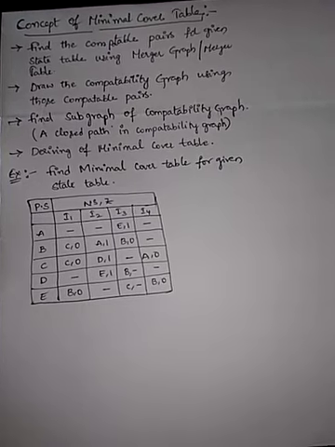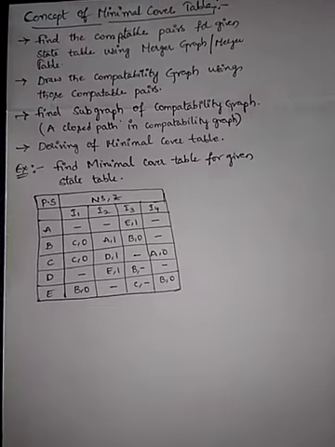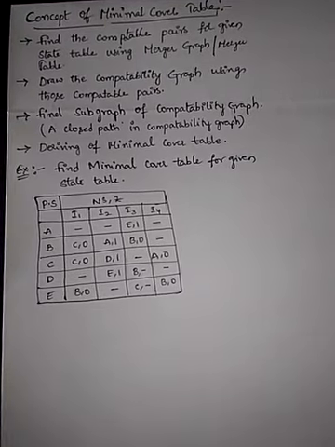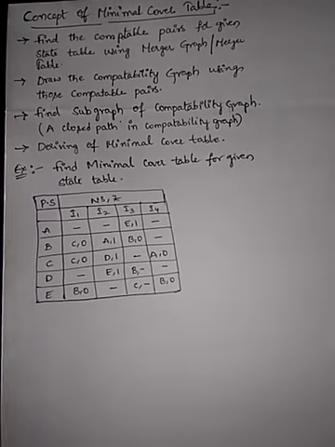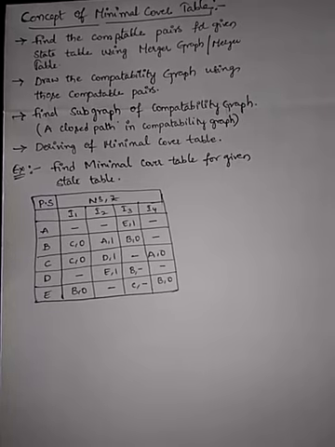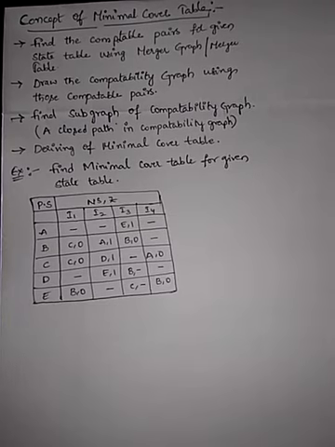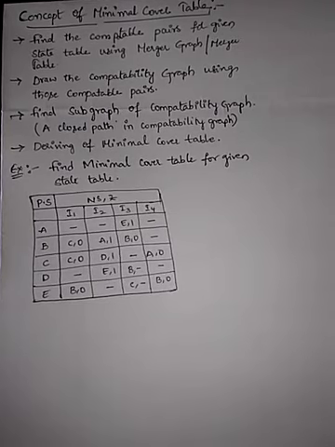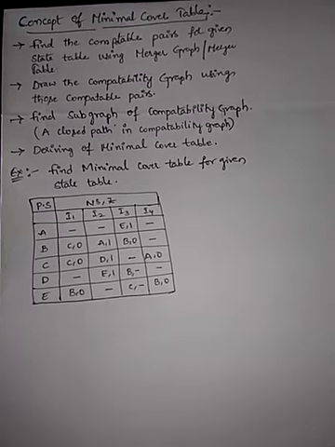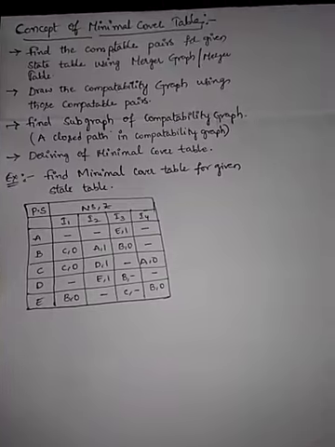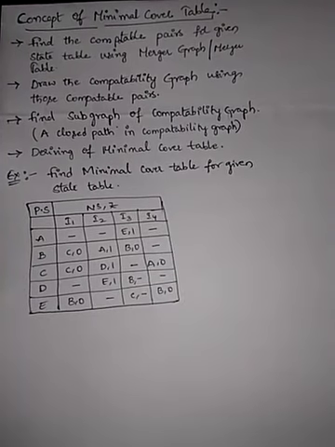Minimal cover table means the minimum number of states which covers the entire information of the table, that you need to do. Okay, clear? Now if we go with an example, you can see one state table here, which is an incompletely specified table, which has vacant positions where the operation for those input conditions is not defined, right? So what is the process? Now we need to go with step number 1. What I said, you need to find the compatible pairs for the given state table using a merger graph or merger table.